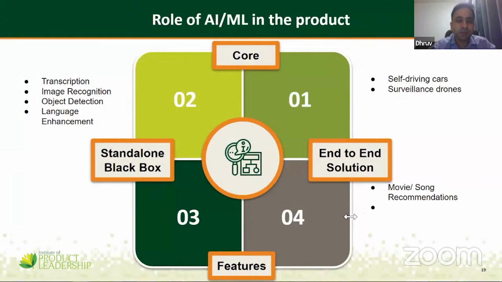Okay, so first of all, we need to understand what the role of AI and ML in the product is. People have been building products for so many years, so how does AI and ML fit into this workflow? We look at it from two dimensions: from a feature to core dimension, and from a standalone black box to an end-to-end solution